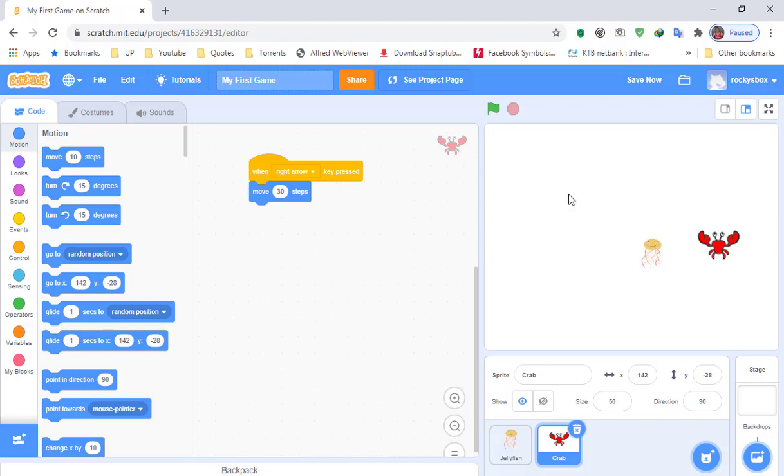Okay, so that's the program for moving the crab to the right. So when right arrow key pressed, move 30 steps to the right. Okay, that's good. Now the next one, we need to let the crab move